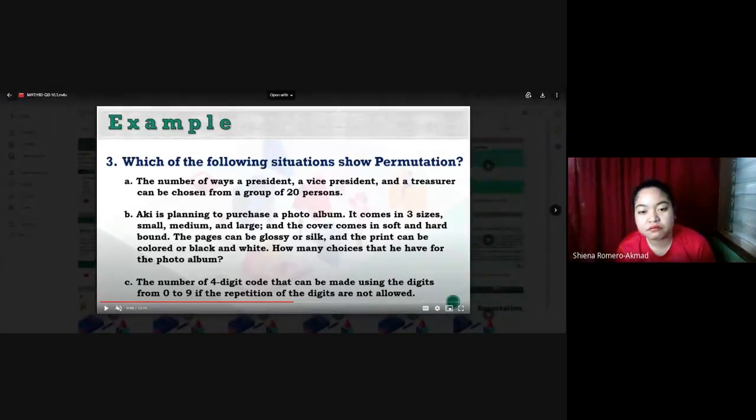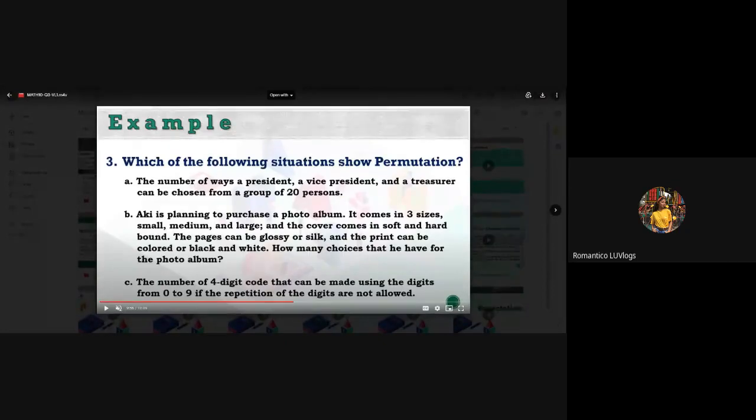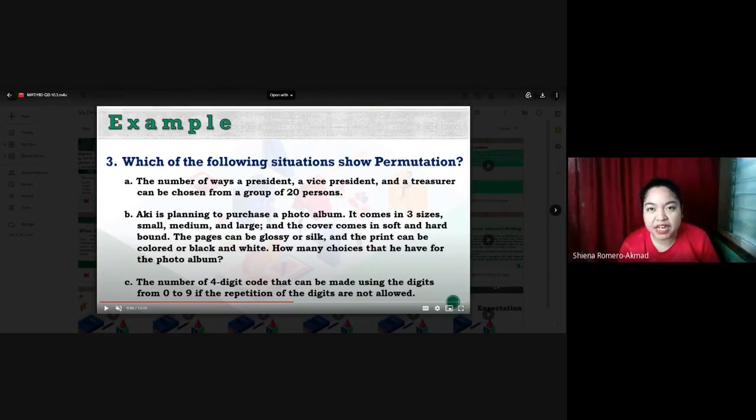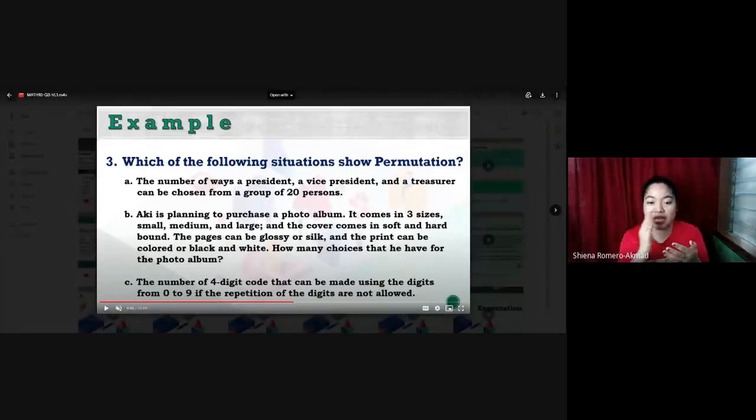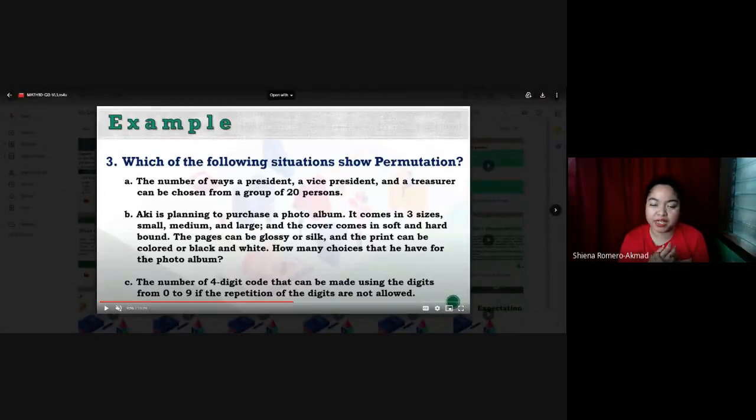Which other one? B. Why is it letter B? It has many possible choices to choose from. When we arrange, do we have many things to choose from? Sometimes. In letter C, there are many, that's 0 to 9. But my question is, the 0 to 9, those are the numbers, right? It's one group only. Do we have other groups to choose from, I mean, to arrange, to get numbers to arrange?